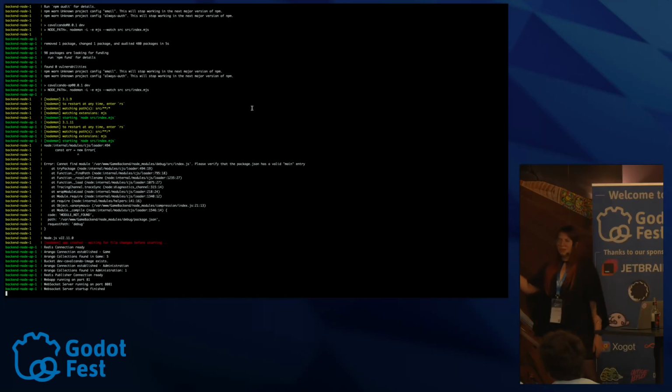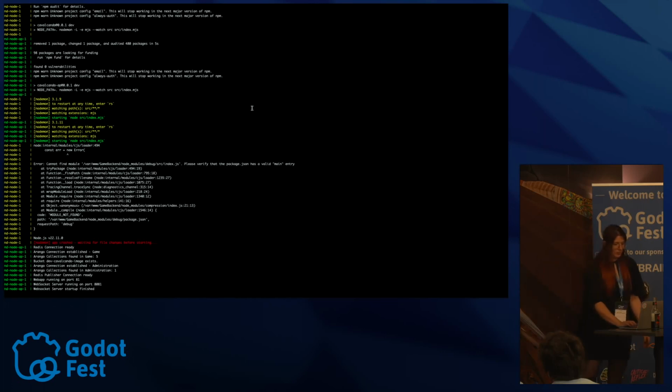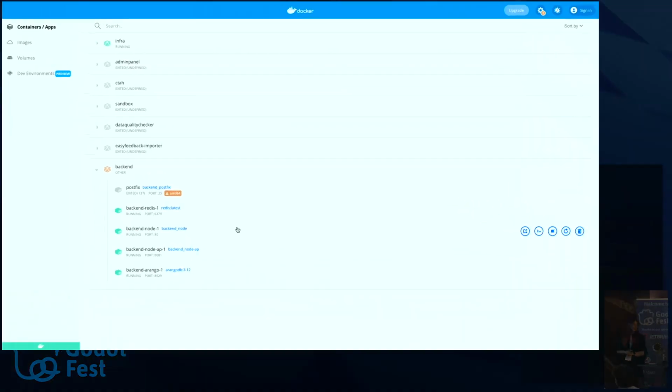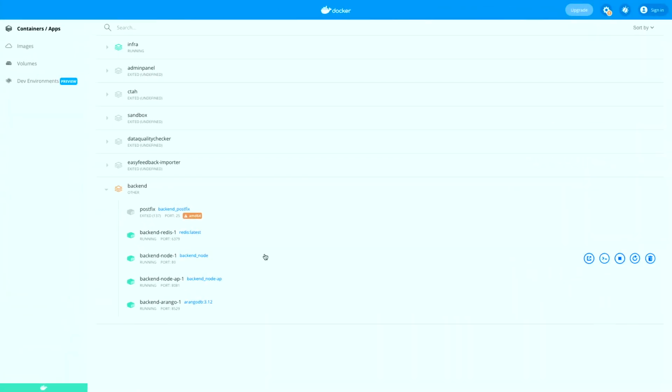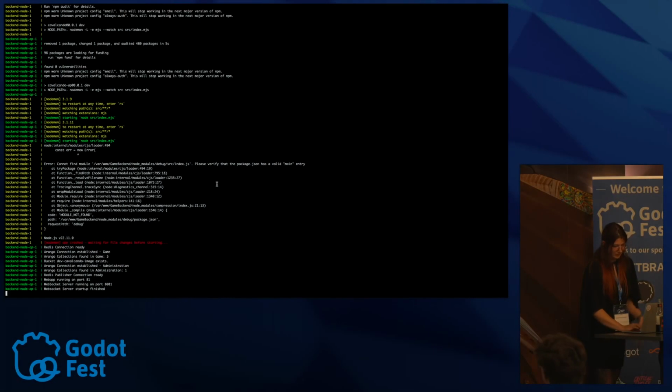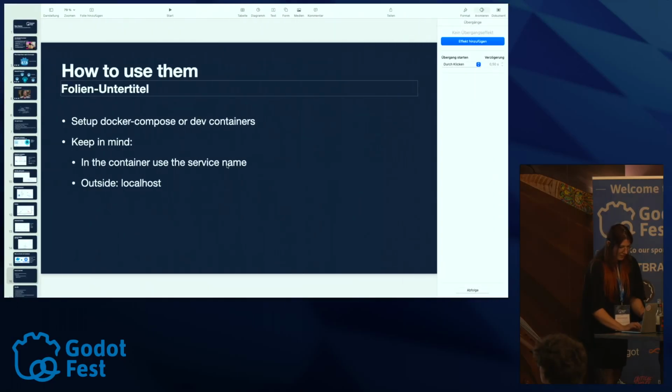If this is too complicated or looks like too much, Docker also has a beautiful graphical overview. Sadly, no dark mode, it seems. But you can also see the containers we run there and jump into them and run some CLI commands. But that's basically how containers work. I can just recommend try it on your own, set it up, and get started with it. All right.